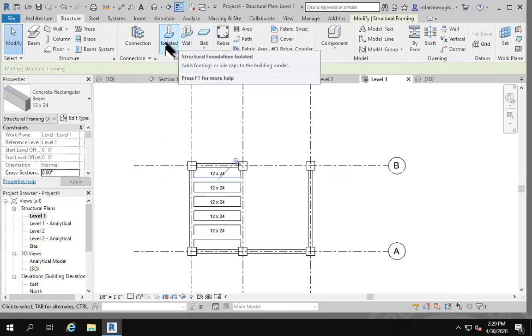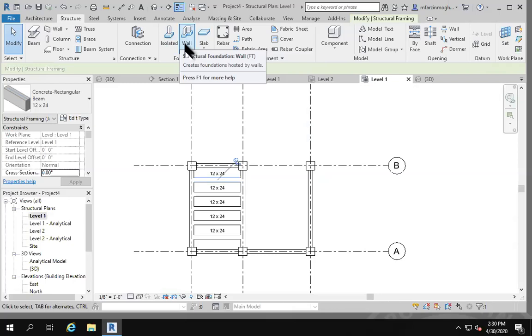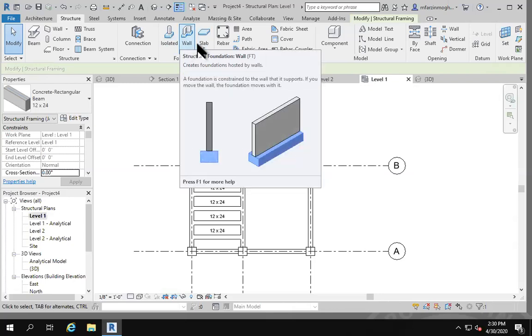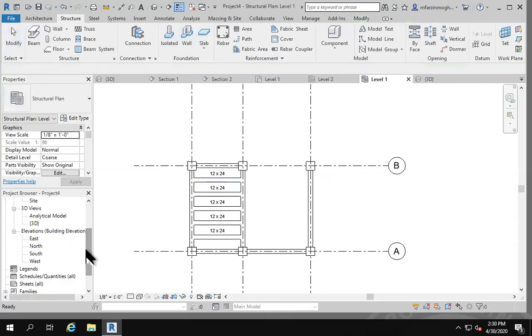When you have a separated column system in your floor plan, you obviously have the isolated foundation. But if you have a shear wall system or a load-bearing wall, that's the time that you try to add this wall foundation system. So one of the things that you have to do before jumping into that part is that